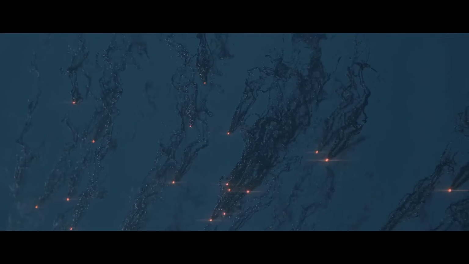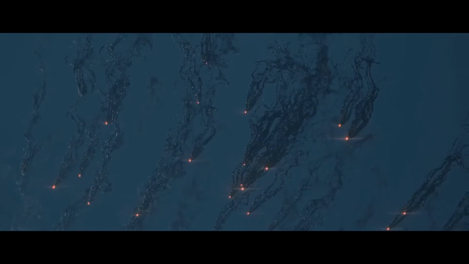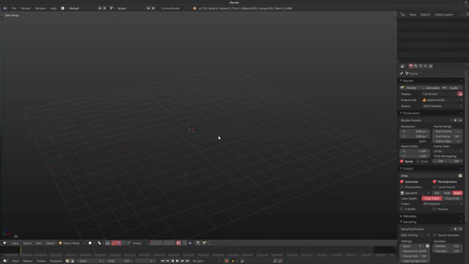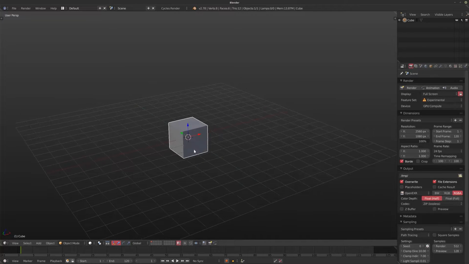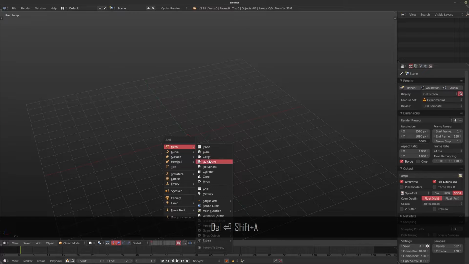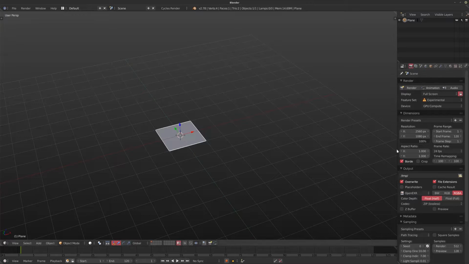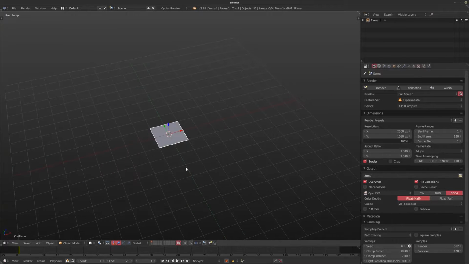So we'll start from scratch with the particle system and just very basically look at how you'd approach something like this. So what I'm going to do, I'm just going to close this and start very simply by adding a cube. Now, actually I'm not going to add a cube. What I'm going to do is add a plane. So I'm going to do this with a lot less particles than you see in the video to keep it a little bit quicker, but the technique is exactly the same, and we can go from there and you can see exactly what I did.